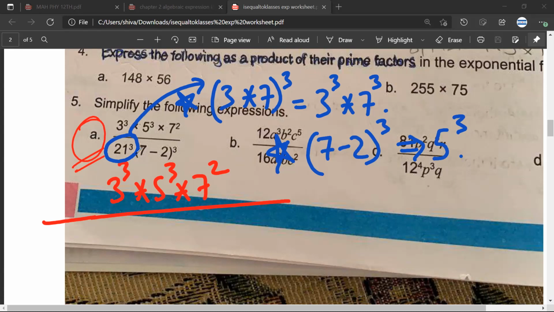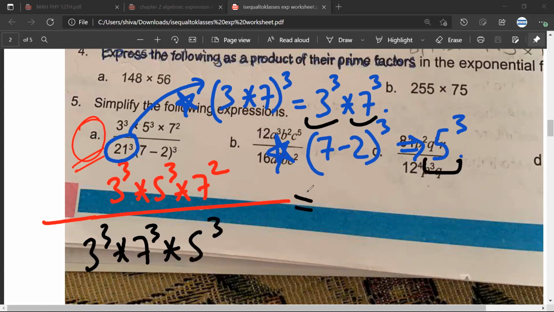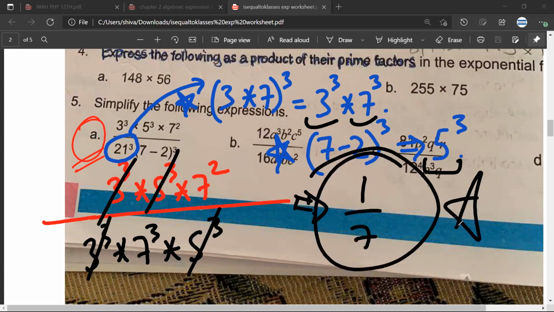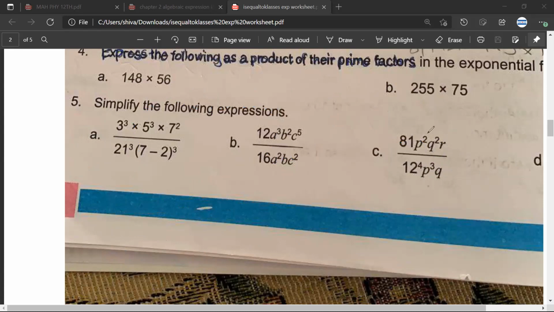Okay. So, Satya, have you understood what I've done? Yes, sir. Basically, 21 cube would be equal to 3 cube into 7 cube. And this 7 minus 2 cube would be equal to 5 cube. Ariman, are we clear? Yes, sir. And now this 5 cube, 5 cube, 3 cube, 3 cube cancel, and this would be 1 upon 7. Satya, are we clear? Yes, sir. Sarthak, is the answer correct? Yes, sir. Good job, Sarthak. How should I do this question?